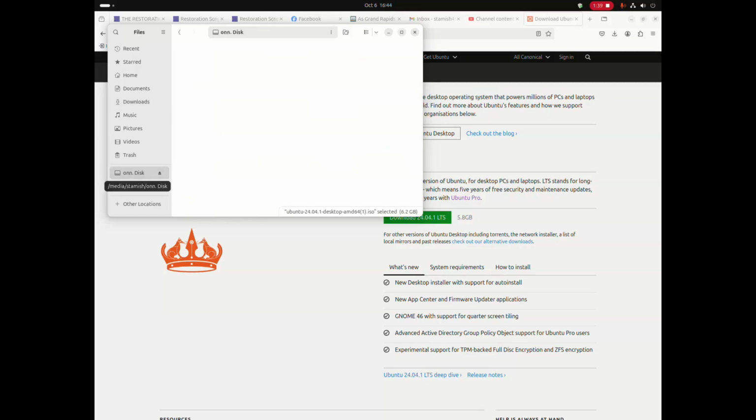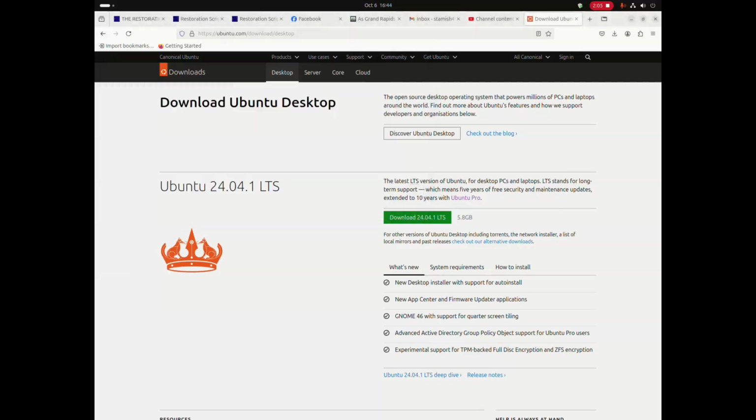Now, right here, I've already got my thumb drive installed. It's the ONN disk. It's a floppy. It's only got 16 gig. You don't need, don't get a 64 gig thumb drive or a 256 gig thumb drive. Just get a small thumb drive. This one's a 16 gig. That way I'm not wasting 50 gig, 60 gig of hardware of a thumb drive. All right, so